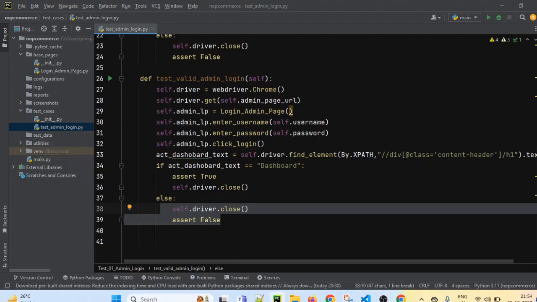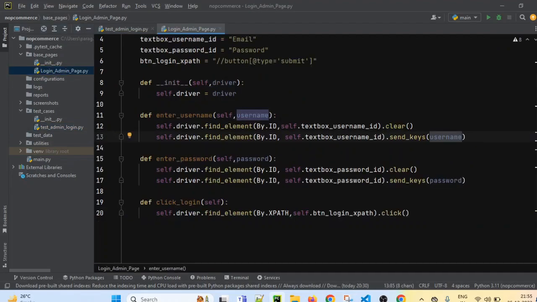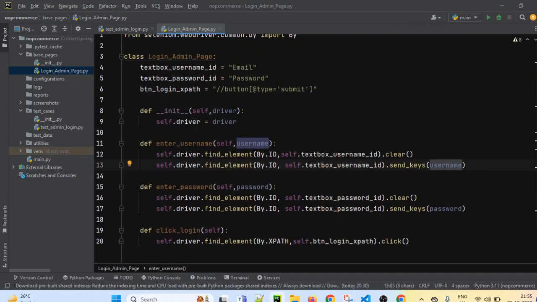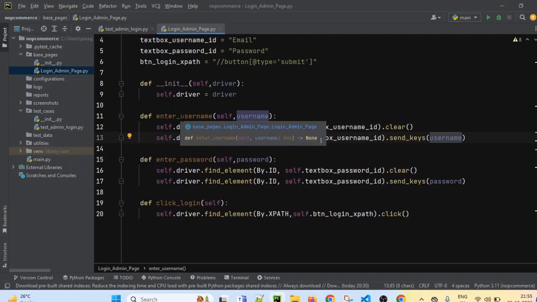But just understand, here we have created the object. So let's say if we don't have any base page, so here we had to write all the steps to identify the locator, passing the username, passing password and everything. But because we have created the login admin page base class, if let's say tomorrow any locator changes, we just have to make the change here. It will be reflected in each and every test case wherever we have created the object and we are accessing these methods. That is the benefit of page object model.